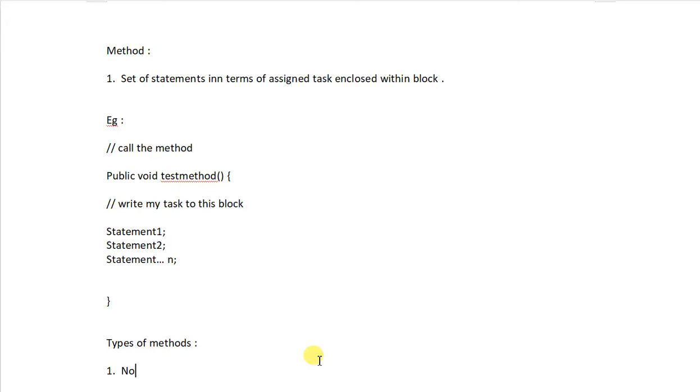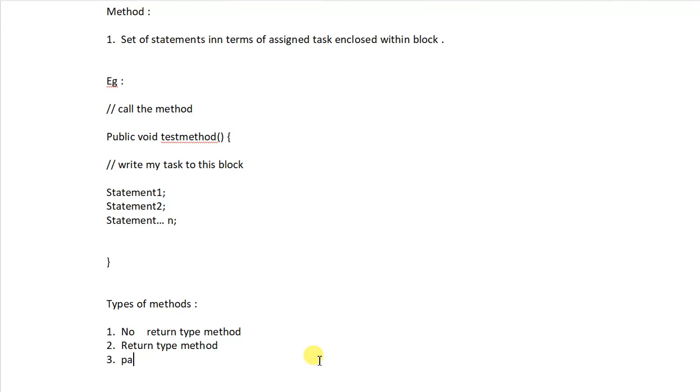One is no return type method, return type method, parameterized and non-parameterized methods.